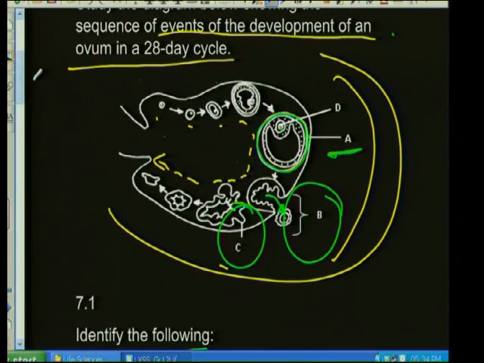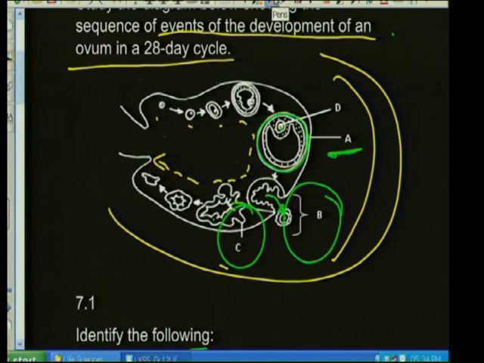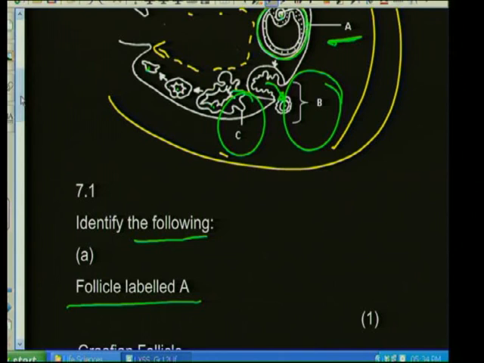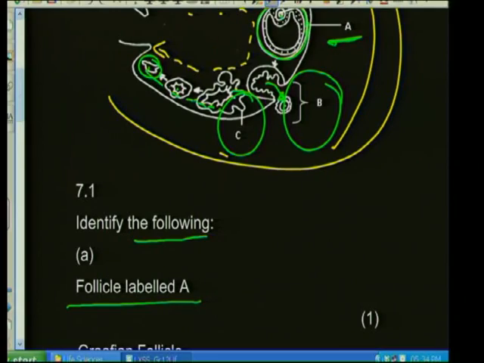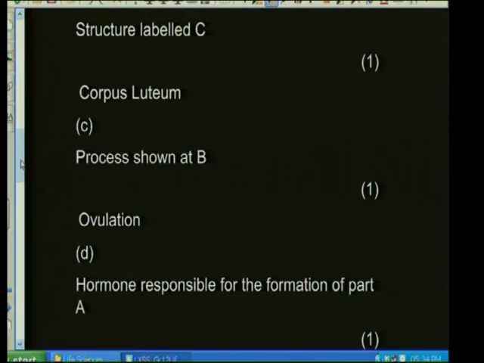Now, it's a tight one. You can't see much here except for the follicles. And from the follicle to corpus luteum. The trick in this one is to look at the corpus luteum and the speed at which it degenerates. The quicker it degenerates, that means pregnancy did not take place. If it stays bigger for a longer period of time, it would indicate that pregnancy took place, the woman is